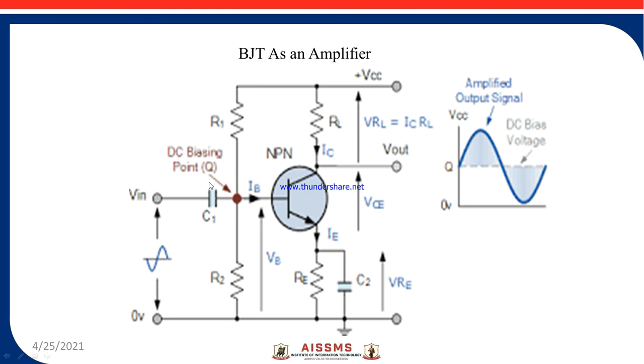Now the coupling capacitance C1, and there is one more capacitance, C2, that can be coupled at the output if I want my circuit to be connected to the next stage or to some load. So if I want to connect it to some load, for example a loudspeaker, I will have the coupling capacitor at this point, similar to what I have connected at the input of the base of this transistor. Now coupling capacitors C1 and C2 can be connected.